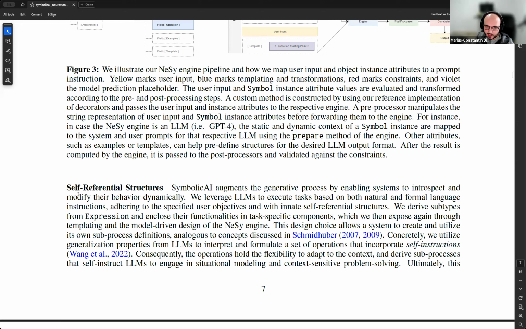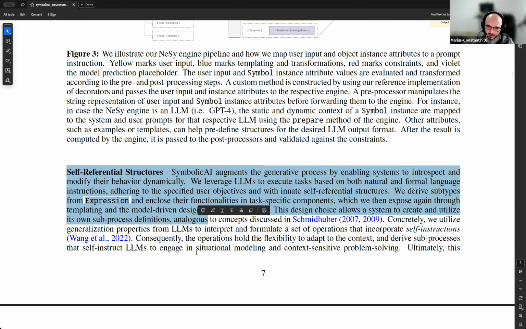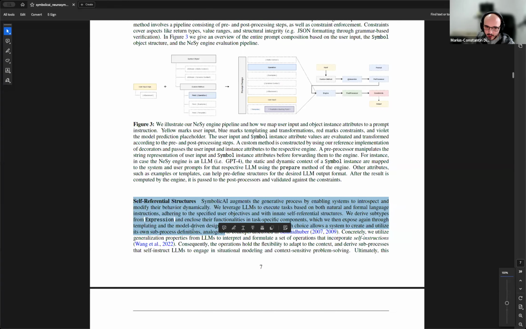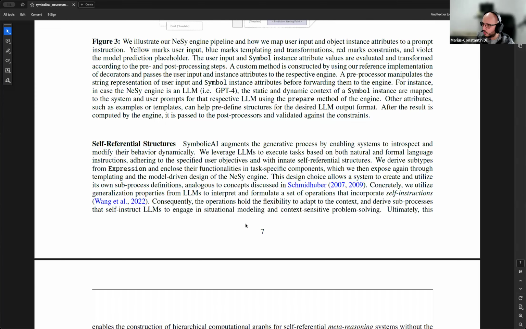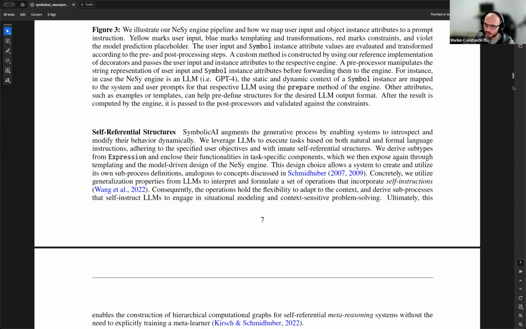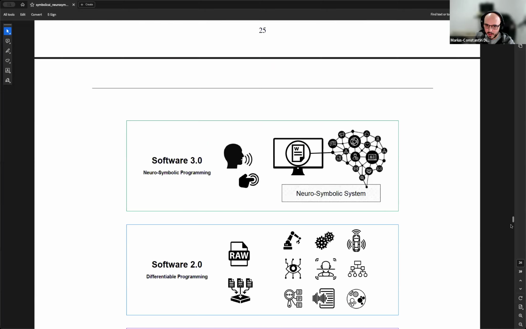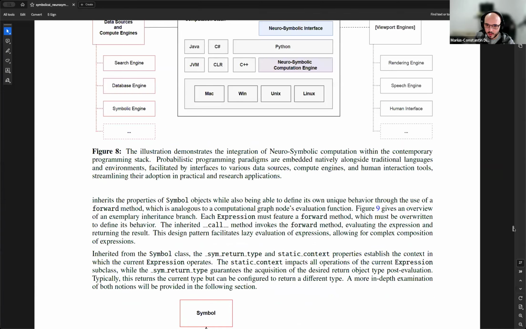And maybe now to go deeper into the self-referential structure, this is actually a very interesting concept, also introduced by Schmidhuber and others. Think about it this way: you can write meta programs. That's actually one of the coolest parts of symbolic AI. You can have a control layer, which I think we have in the appendix, a graphic for that. Maybe you can quickly scroll down.